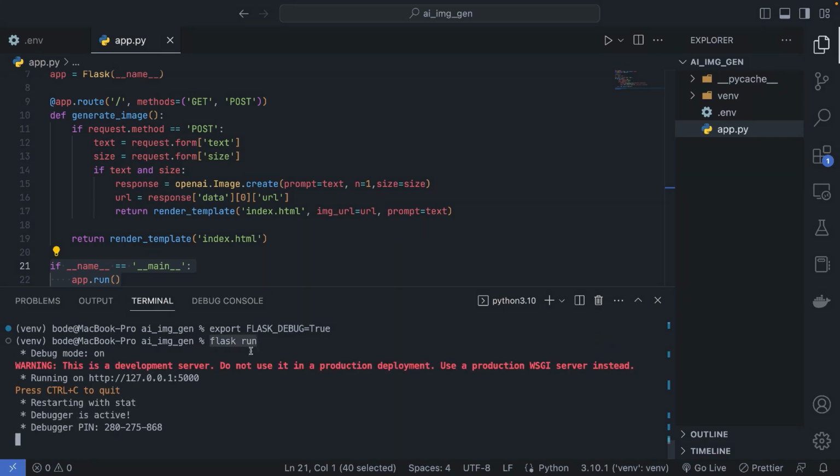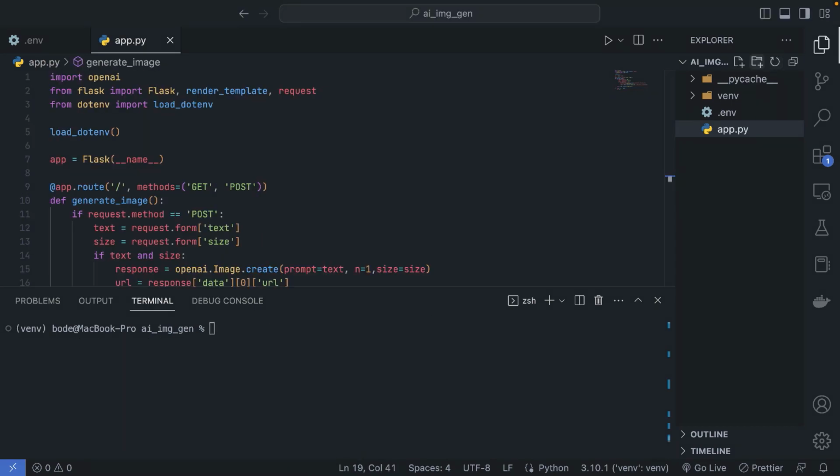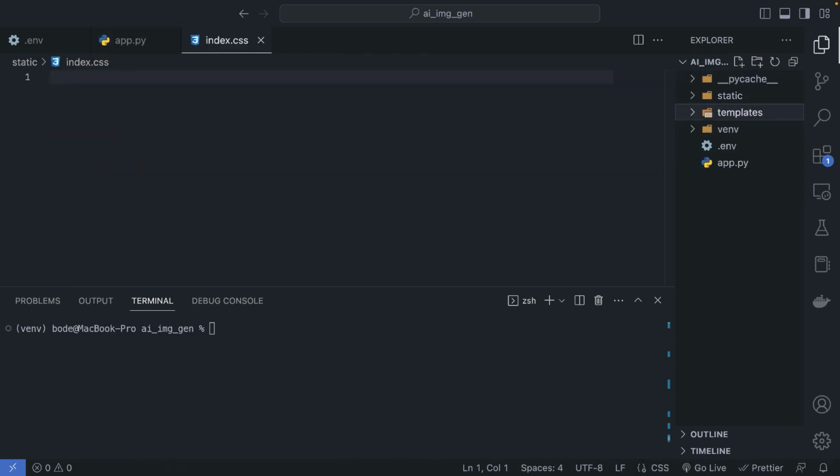So next now we'll work with our HTML templates. So we're going to create our templates folder and we'll create a static folder. So inside of the static folder, we will create an index.css for our styles. Then in the template folder, we'll create